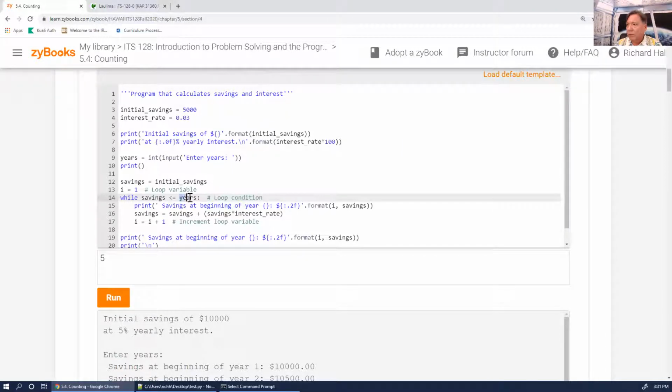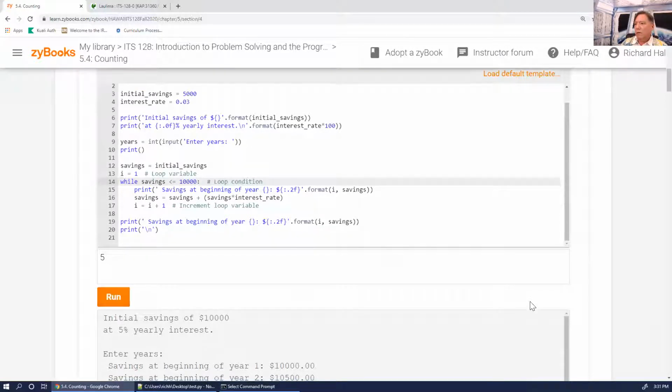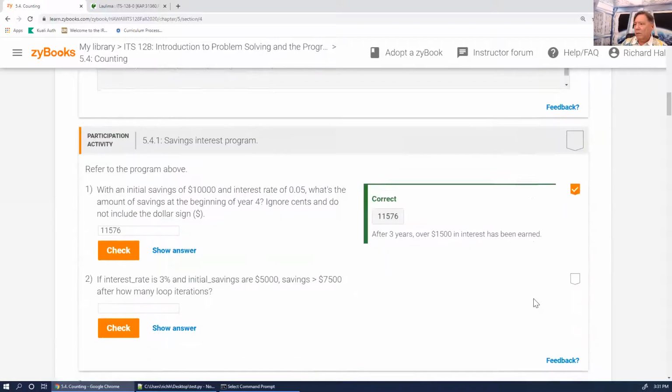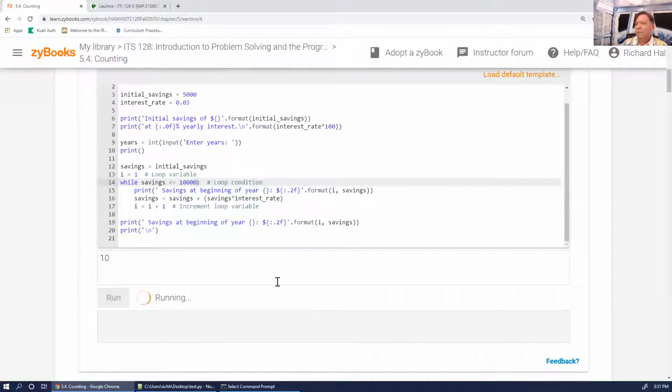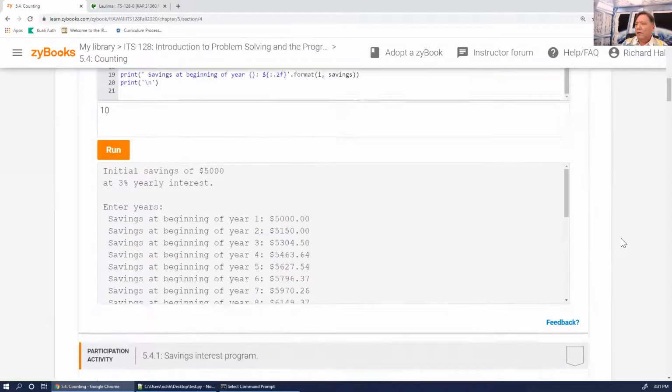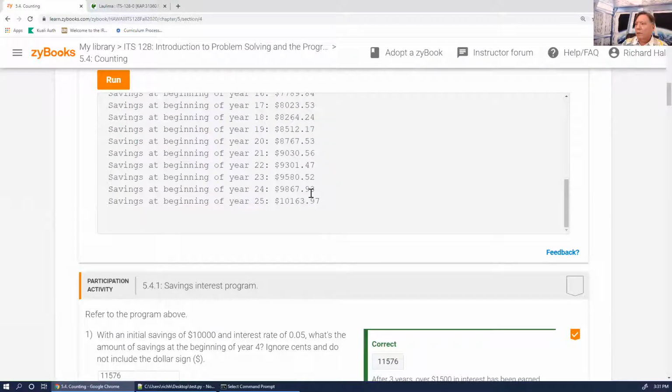I'm going to do something bigger, like 5,000 to 10,000 here. So I'm just going to run this. Oh, how many years do we want to go? Oh no, it doesn't matter. So we can just make this go big, and let's run this. And it'll stop eventually. It'll stop when the savings become